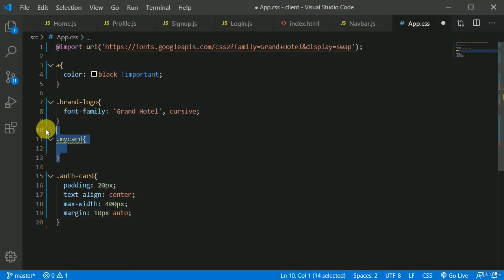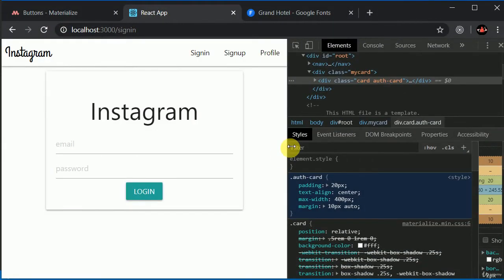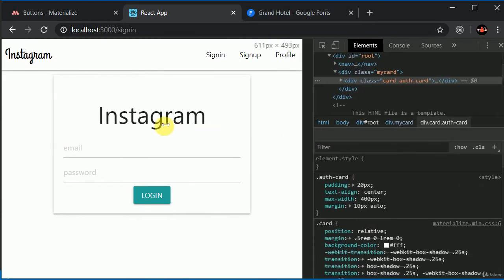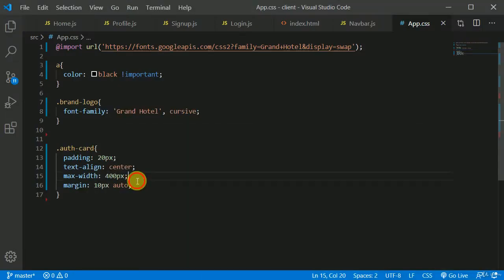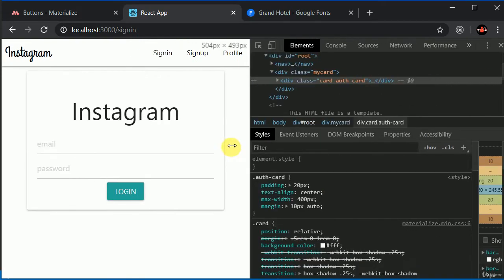Okay, let's get rid of this. Let's save this. And yeah, it is looking beautiful. And let's see, it's responsive as well, right? So it has a max width of, yeah, given 400 pixel. So that is why it is responsive, and it has a margin auto from left and right. That is why it is awesome. It is responsive. Okay, so it's beautiful.